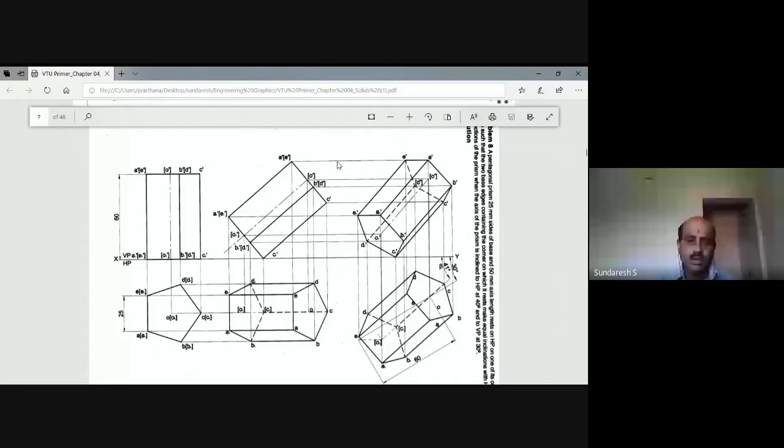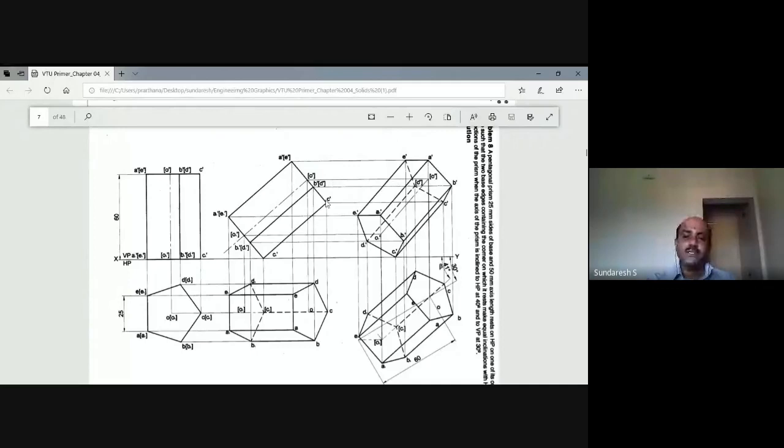so this pentagonal solid is inclined to HP. The axis of the solid is inclined to HP at 40 degrees. The same procedure as we did for the problems in the previous classes applies here. Only for the third position is much more explanation required. The inclination of the axis of the solid is 40 degrees with respect to HP. That can be shown, so how do you do it? You tilt the solid